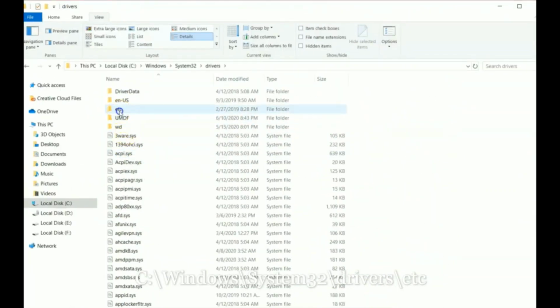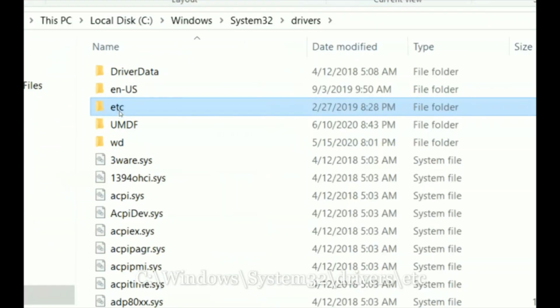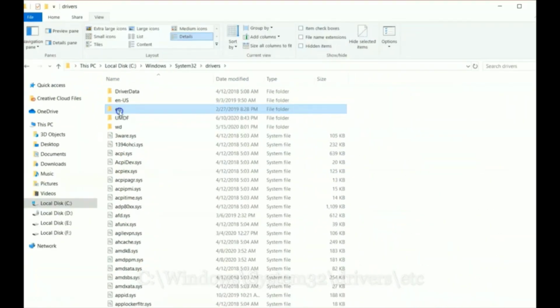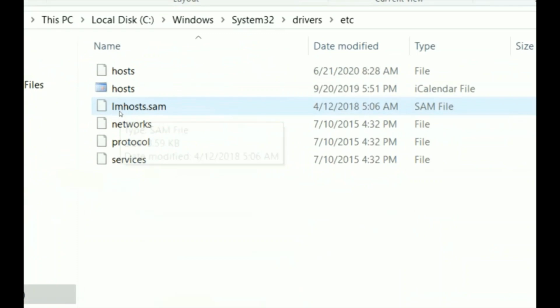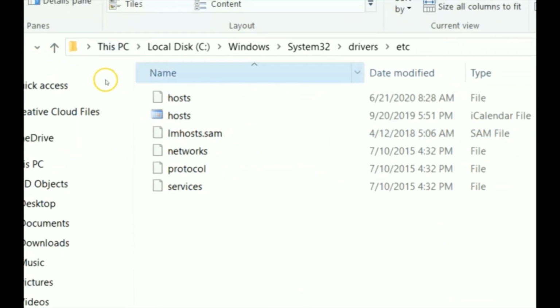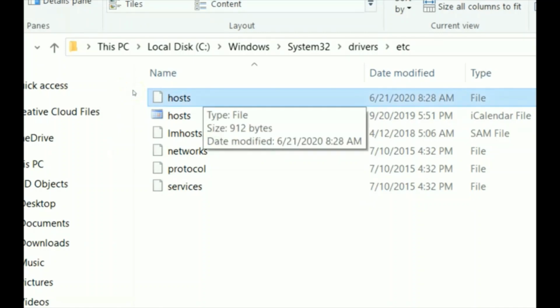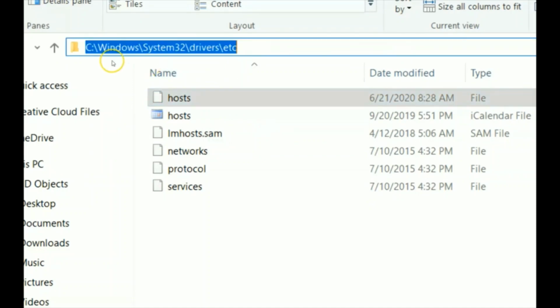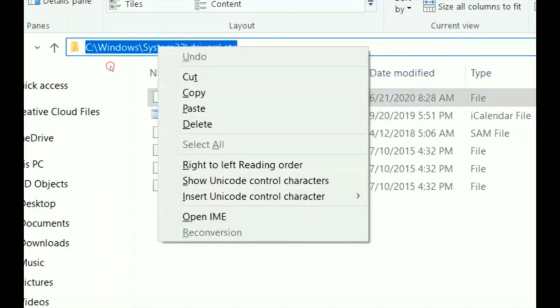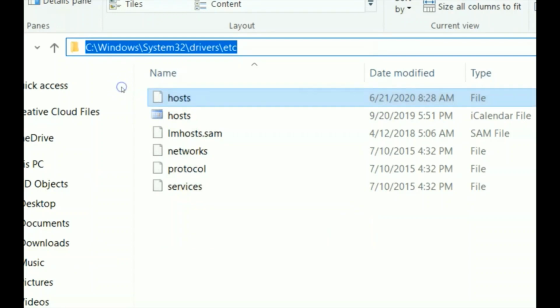Under that you can see a folder named etc. Click on that, where you can see n number of files. In this we are going to modify the file called hosts. To perform the modification we have to copy this particular path.